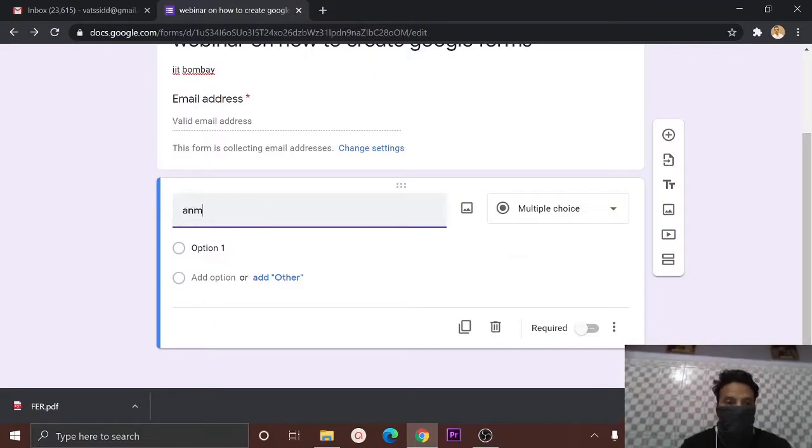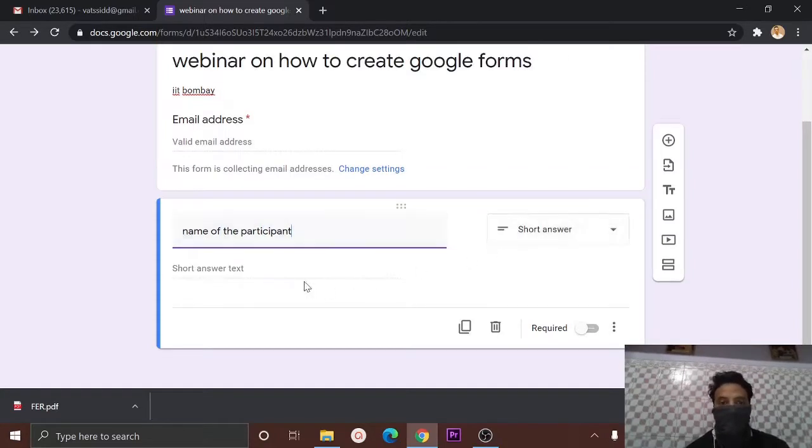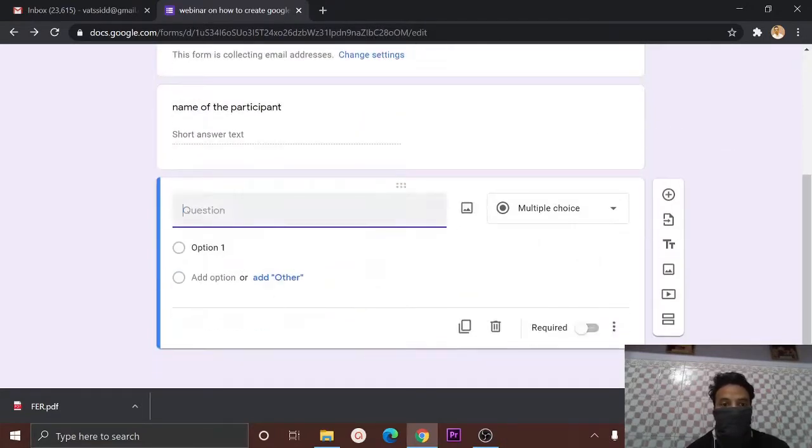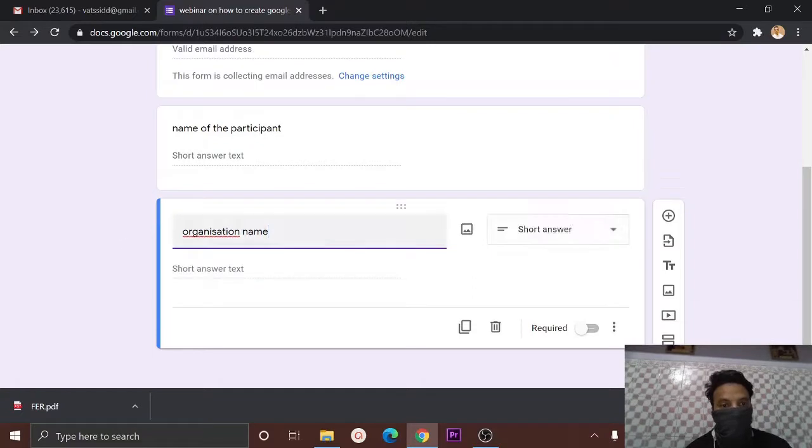Suppose I want the name of the participant. Then this should be a short answer. Then one more question I want to add, from this plus I can add one more question, organization name. Then this is also a short answer, like IIT Bombay, IIT Delhi, NIT Allahabad, whatever.